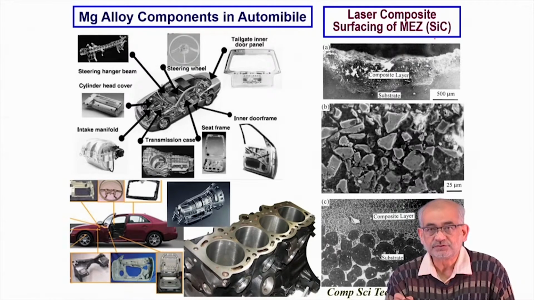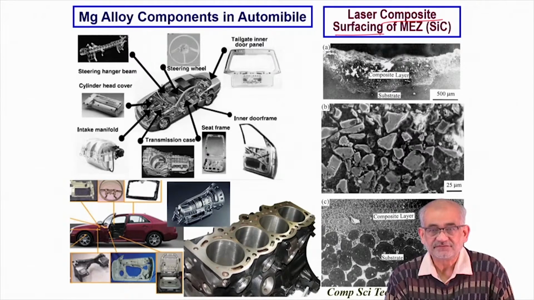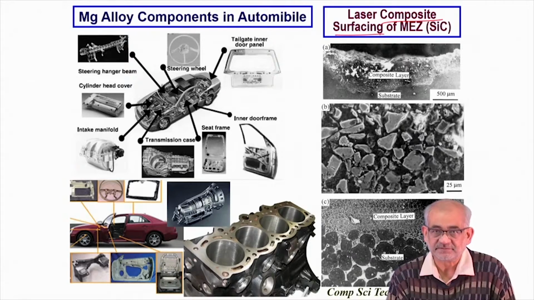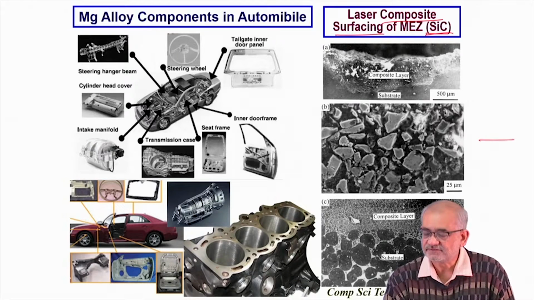So in order to introduce a good amount of wear resistance, what is possible is that by way of laser cladding, you create a composite surface. So you clad a powder which is a mixture of matrix phase, which could be magnesium or a magnesium aluminum mixture, along with certain carbides, in this case silicon carbide. So you can select the required type of carbides, mix them, and then when you clad, if this is the substrate,